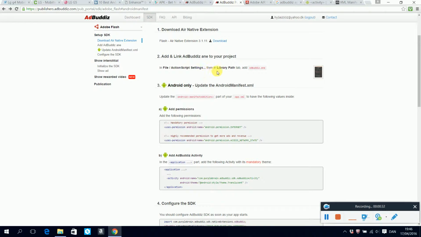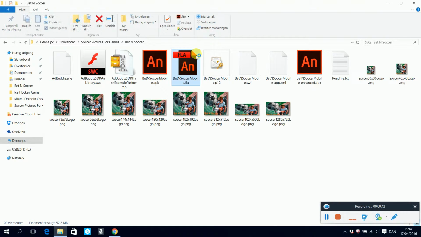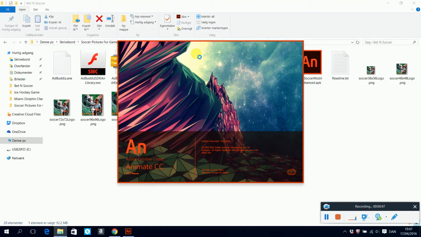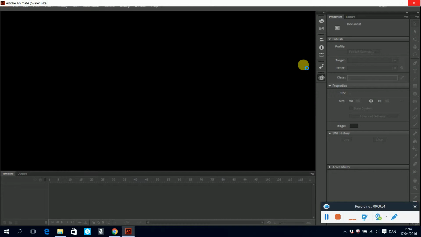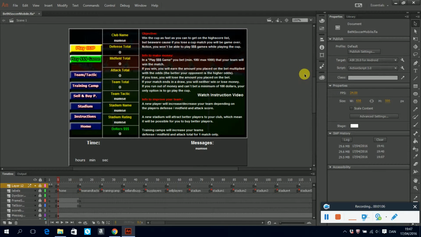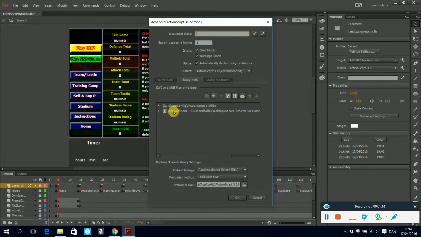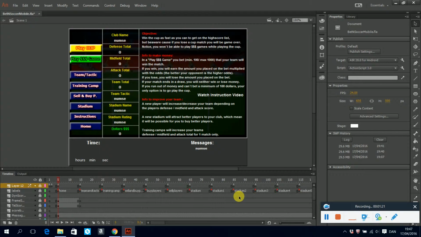The next step is, on the library pad, we'll go to AdBuddiz.ane. So that is what we want to do, and we do it right here. Let's see, it should open right there, and maybe it takes a little time. It's a heavy game, so we see. But anyway, here we go, and then we go down here, and we already got the AdBuddiz.ane. So that's really great. So anyway, now we want to try it out. Well, first, by the way,